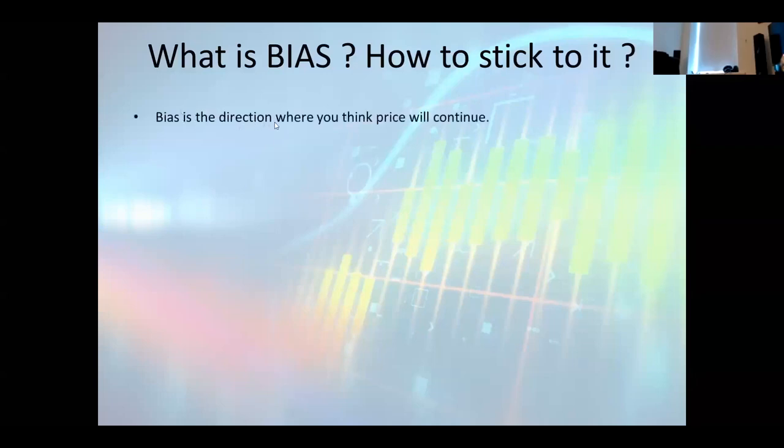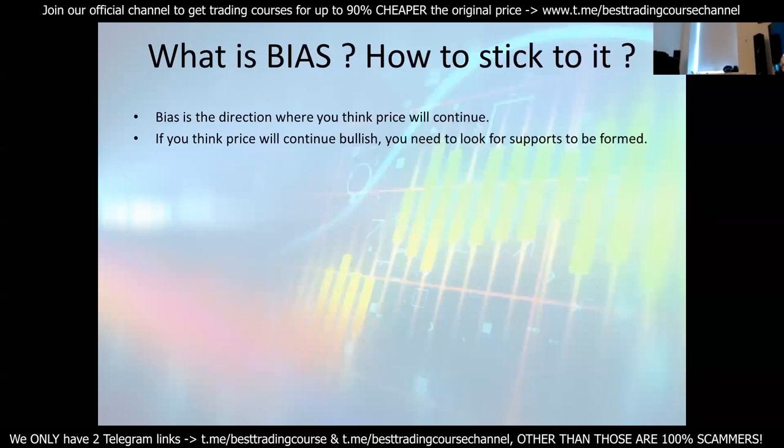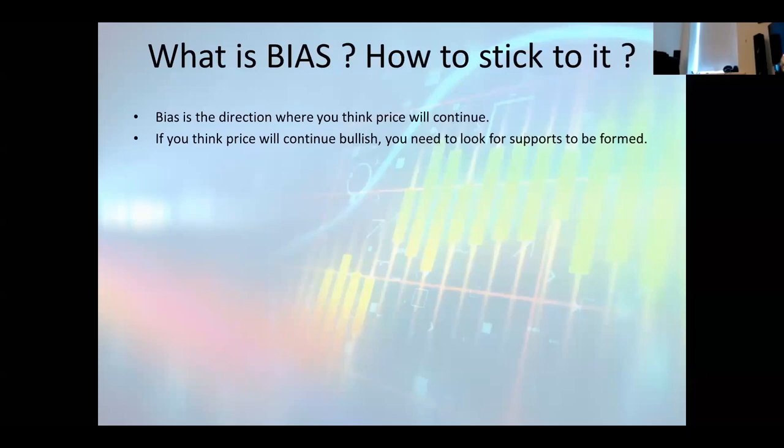Bias is the direction where you think price will continue. We already talked about this. If you think price will continue bullish, you need to look for supports to be formed. That's your bias. Now a lot of people go down the rabbit hole saying, oh, what if the daily is like this, and the 4 hours like this, and the 1 hour is like this, and the 30 minutes like this? Man, think about it. There are an infinite amount of scenarios that can play out. Man, I can spend the whole day talking about different scenarios, but we only talk about the most generic scenarios, and then we go off from that,